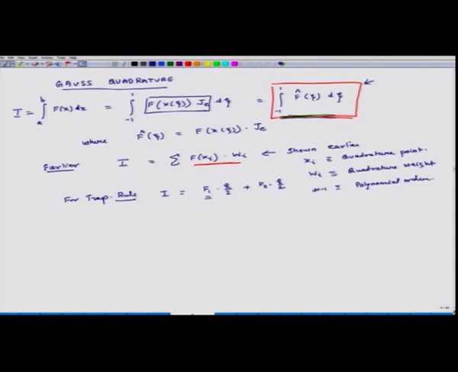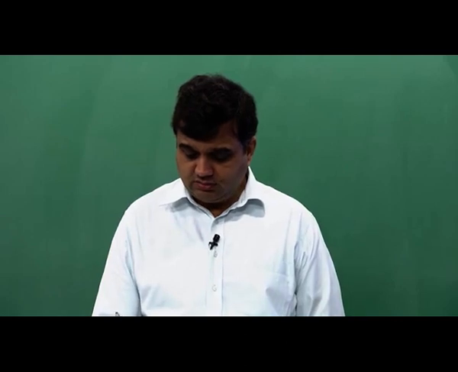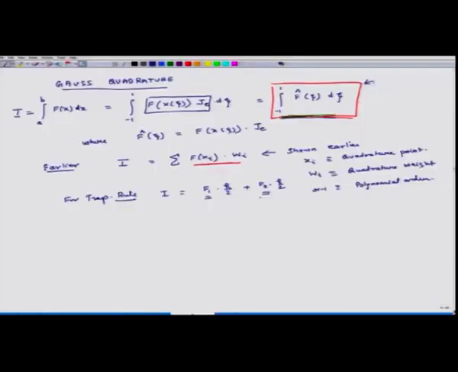This is about the natural coordinate system, but the trapezoidal rule works in the x coordinate system. So, in the x coordinate system, f1 was the value of that function at the first node and f2 was the value at the second node, and h is the element length. h by 2 is the first quadrature weight and h by 2 is the second quadrature weight. Similarly here also, the same thought process can work; it is just that the domain has changed to -1 to 1. So, I can write it as